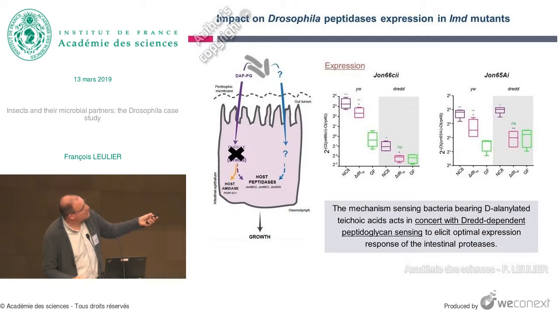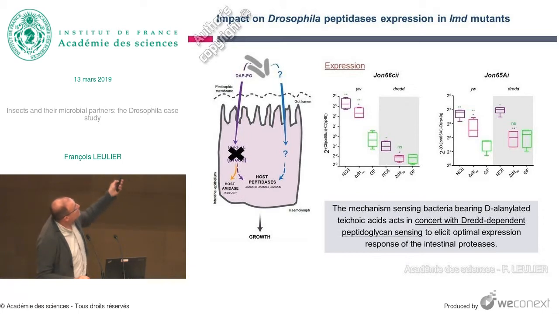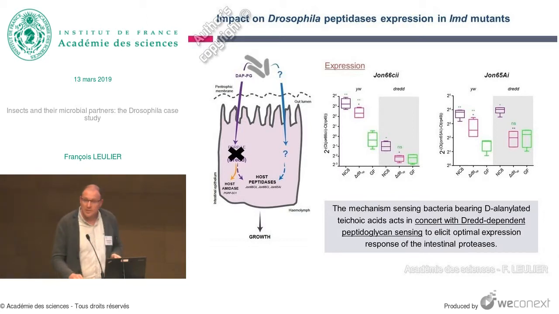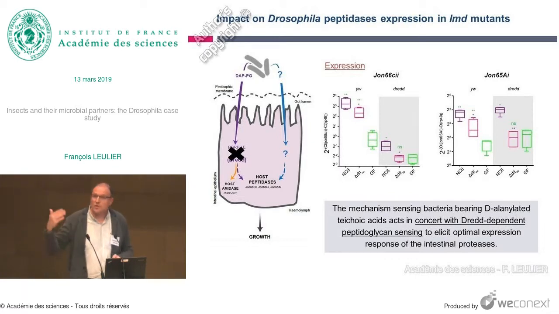And now, as you can see, when the mutant bacteria are associated to animals, we don't see an induction of the peptidase anymore, suggesting that there is indeed another mechanism beyond peptidoglycan sensing that is required to trigger the peptidase, and that is dependent on that feature which is controlled by the mutant. We know that this operon is actually decorating the teichoic acid, so we were proposing that this is two